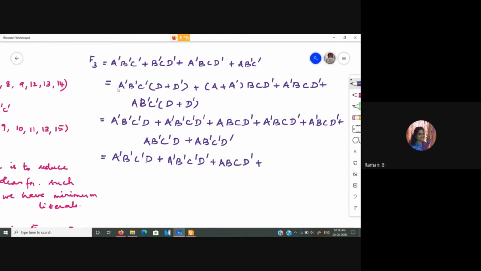A bar, B, C, D bar, this is a repetition, so I will write it once. A bar, B, C, D bar. Then A, B bar, C bar, D. And A, B bar, C bar, D bar. So this is nothing but,